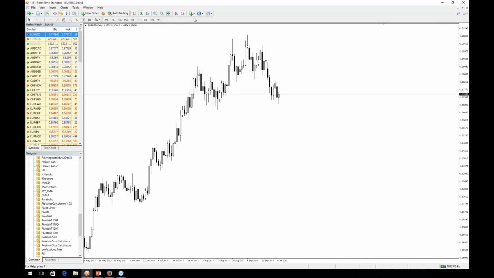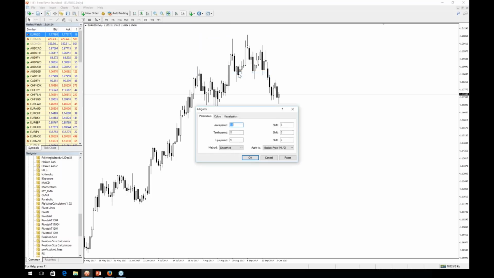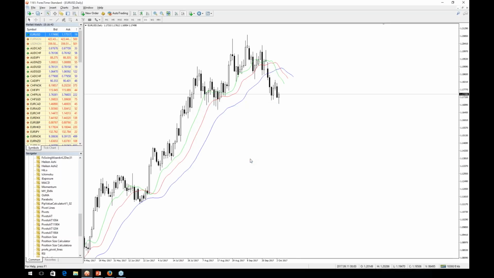Okay, so how do you attach the alligator? First, you go to the indicators list, and then this indicator is located under the Bill Williams menu. So here you are, alligator is right here. You accept the default parameters. It's 5, 8, and 13. Shift is 3, 5, 8, and of course, smoothed moving average, and it's applied on the median price, which is high plus low divided by 2. So you just accept the default. Now,